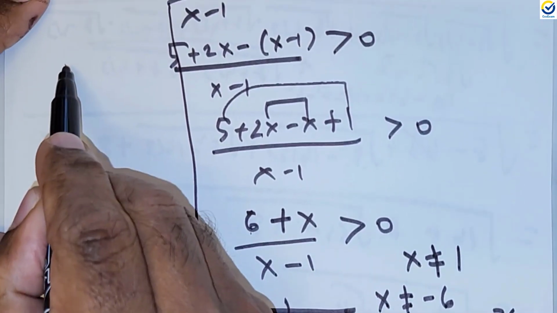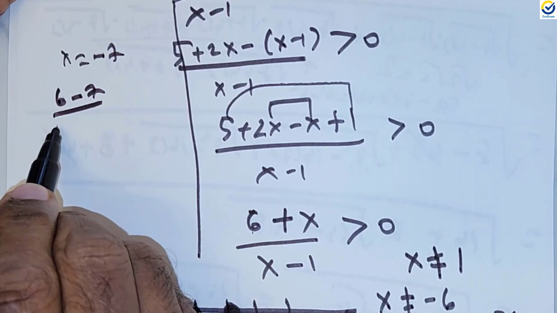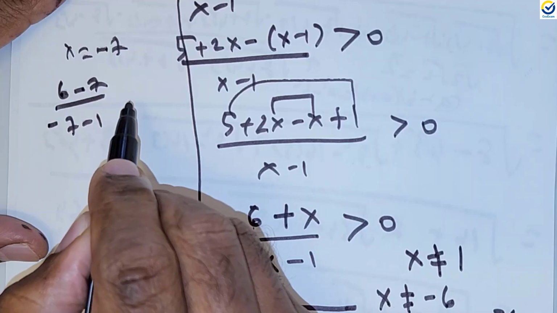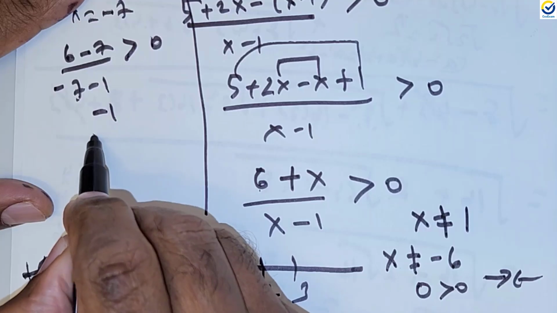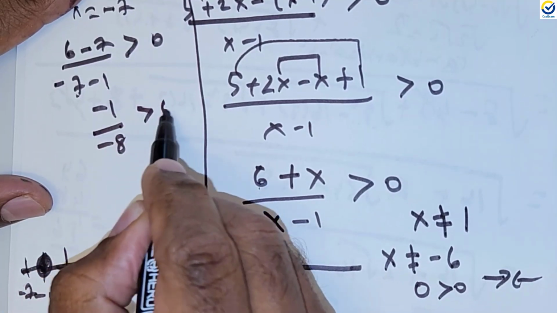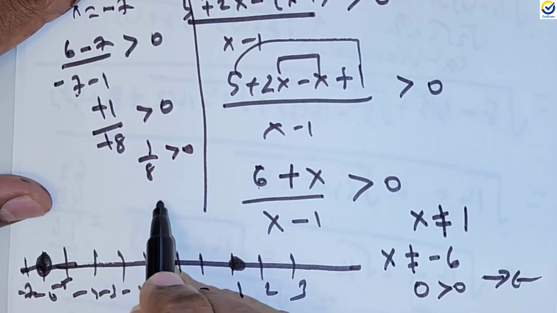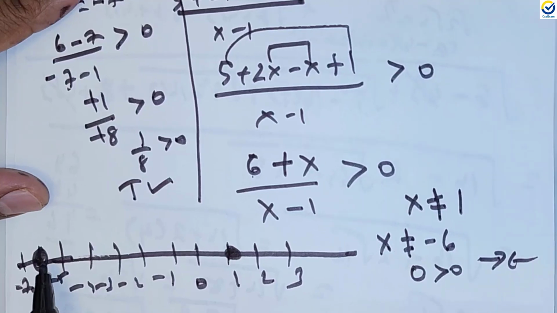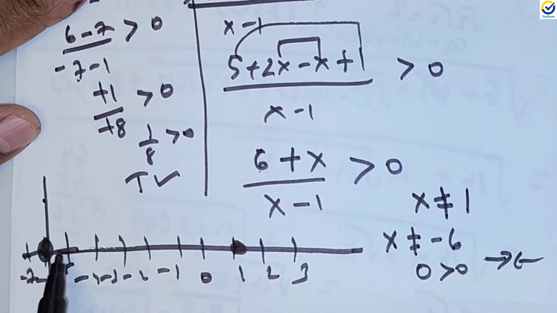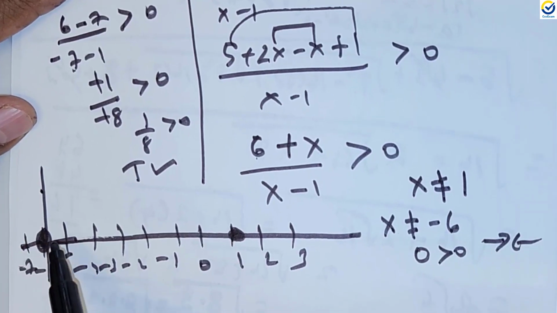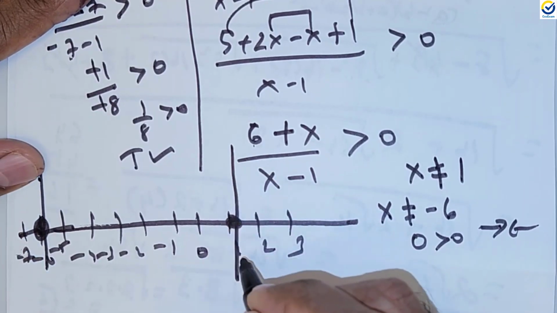Let me take x equal to −7. (6 − 7)/(−7 − 1) should be greater than 0. 6 − 7 is −1, and −7 − 1 gives me −8. With two negatives, they become positive. So 1/8 is greater than 0. Is it true or false? It is definitely true. So all values beyond this seem to be holding good. Now I would like to draw a demarcation line here